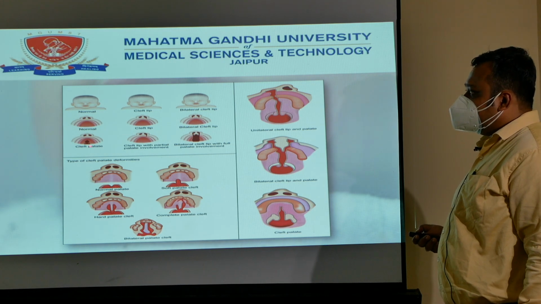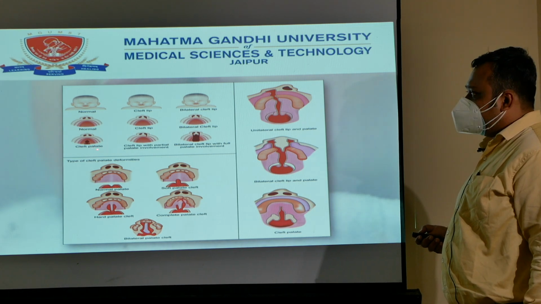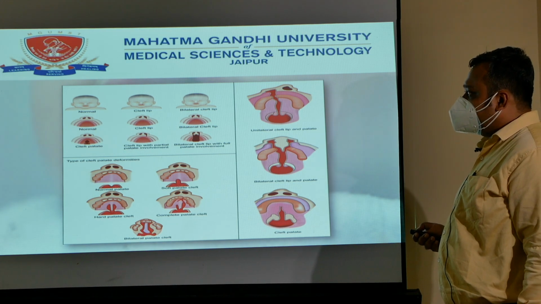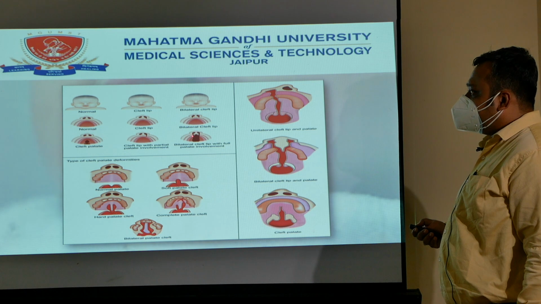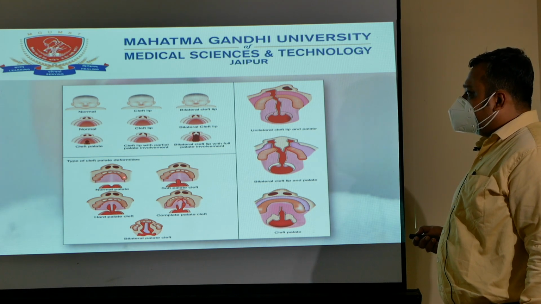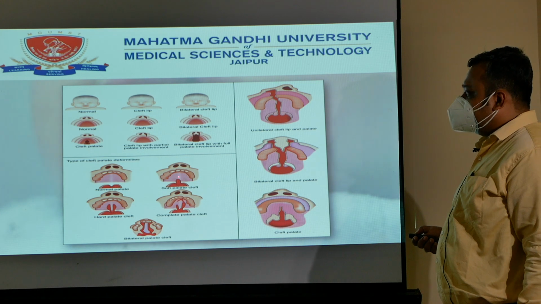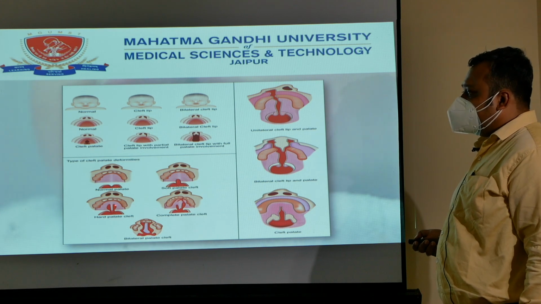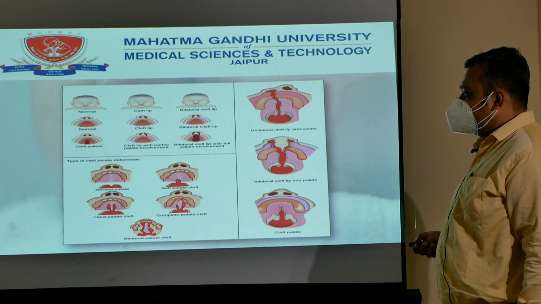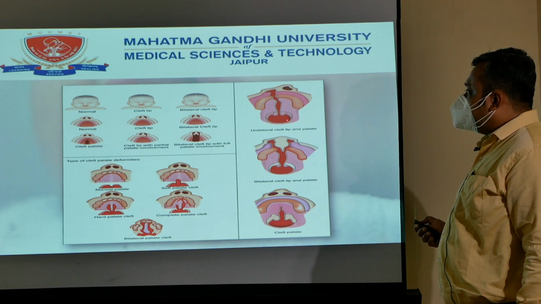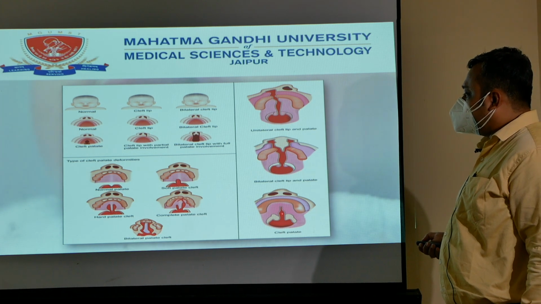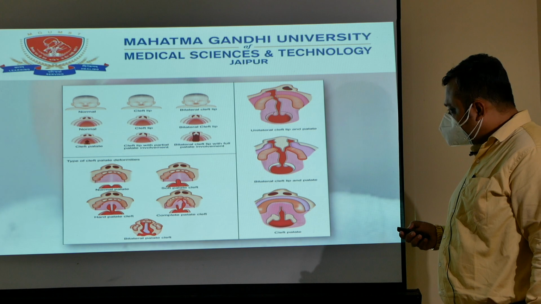Now in the last picture we see a cleft palate involved. So one is the cleft palate, second is the cleft palate and cleft lip involved, and last is the bilateral cleft lip and palate. Again you can see that this is the normal palate, then there is a soft palate cleft, then the hard palate cleft, then complete palatal cleft and bilateral cleft. Again the last picture is showing unilateral cleft lip and palate, bilateral cleft lip and palate, or cleft palate only.